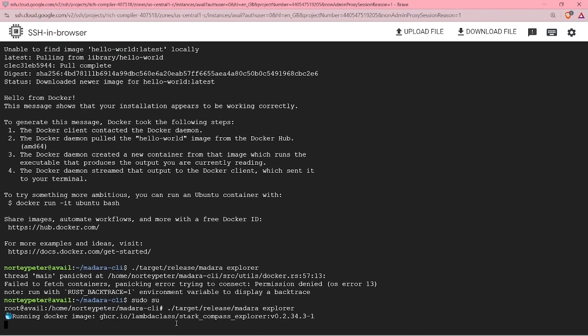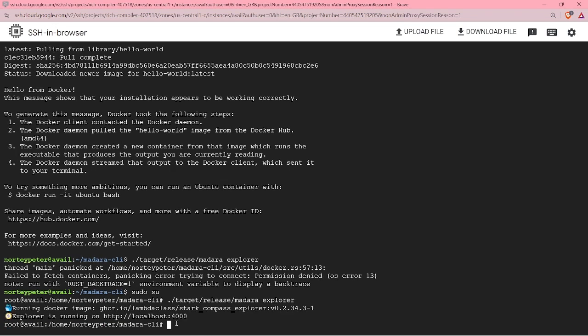So it's now running Docker, and it's going to give you the port it's running on, so that you can check with your VM to see if it's actually running. So you're going to do that right away. So this is going to take some time. So you can see it's running on localhost 4000, and you can replace this localhost with your